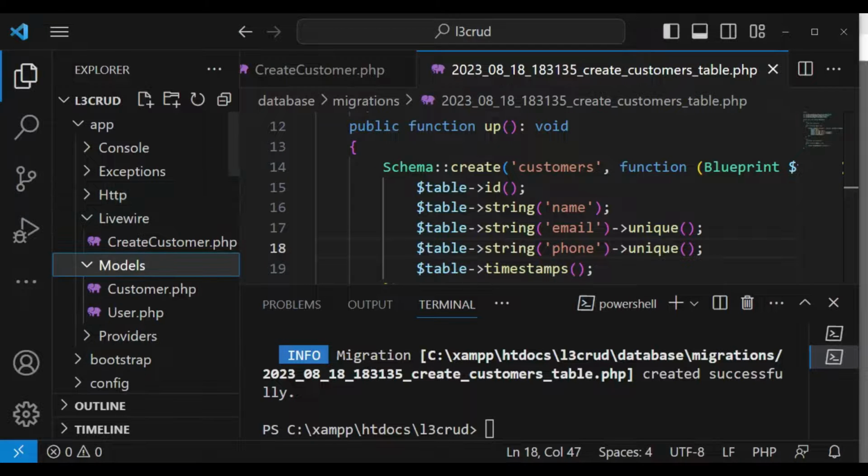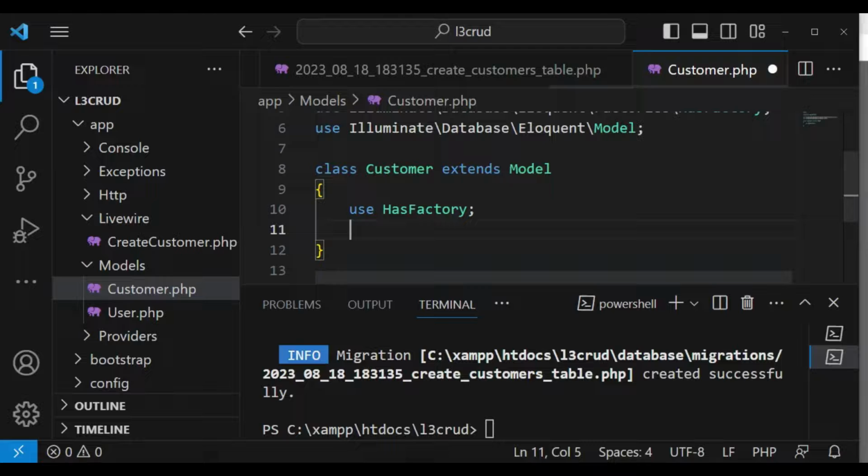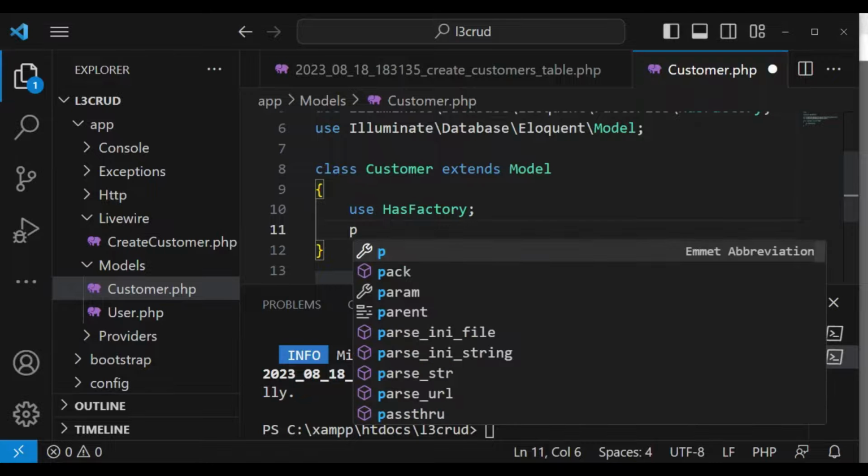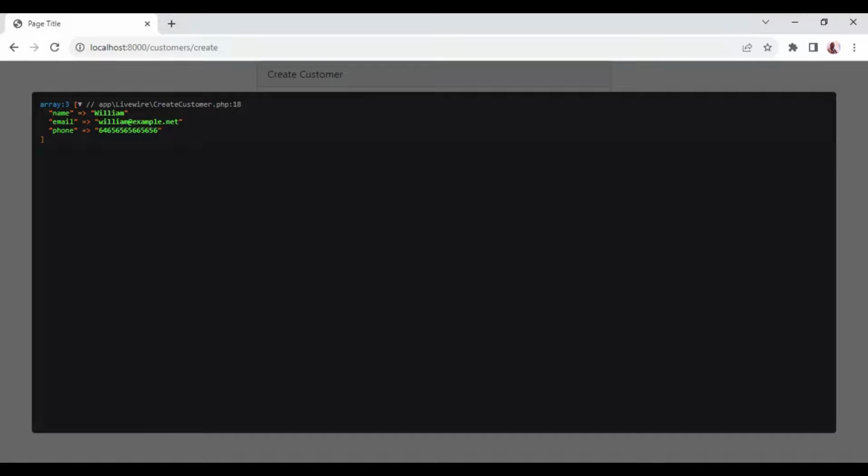So the model that we've created, the Customer model, app/Models/Customer, and here I want to just allow mass assignment, and we are going to have protected $fillable, and we are going to allow name, email and phone, like that. Otherwise, if we do not do it like this, we will have an error,